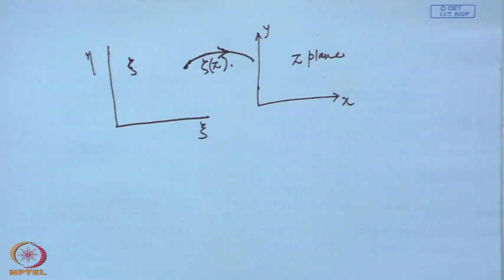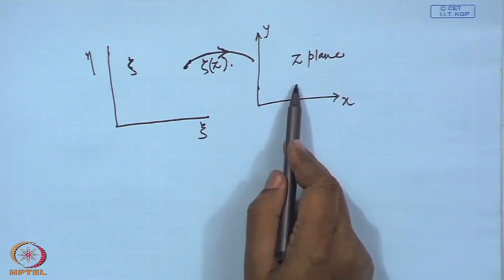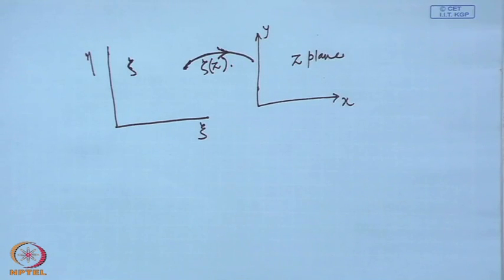There is one to one transformation and one to many or many to one. There are different types of transformation. One to one means for a single point, you get only a single point. If your transformation is such that for each z point you get one zeta point, then it is a 1 to 1 transformation or 1 to 1 correspondence. But you may have one to many. For one given point you may have 2 points,